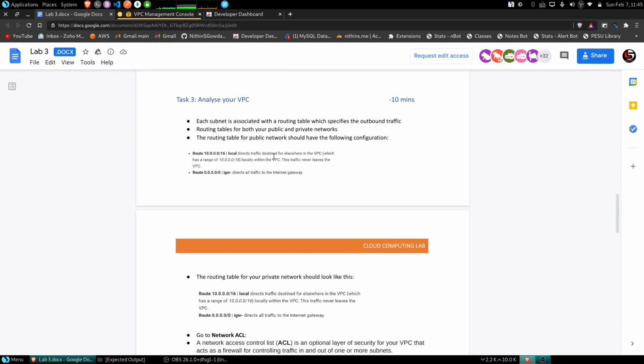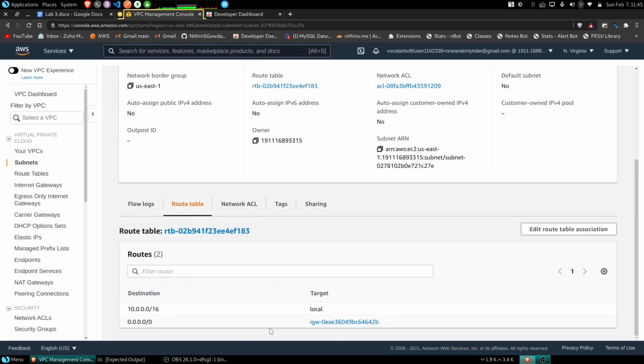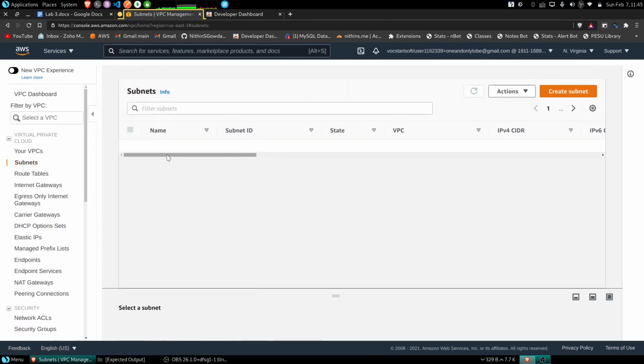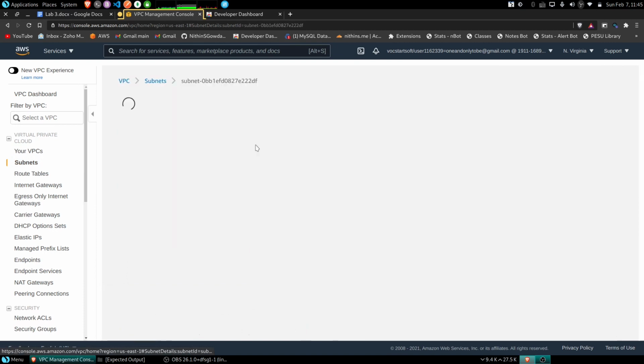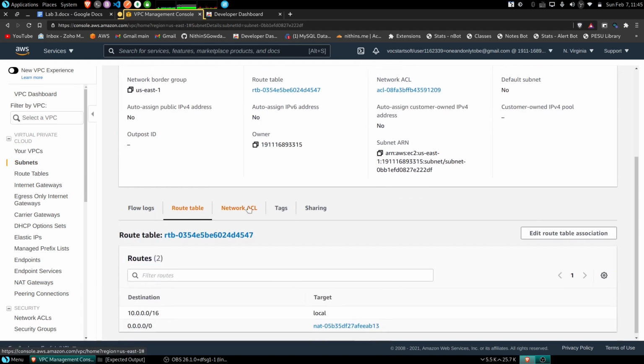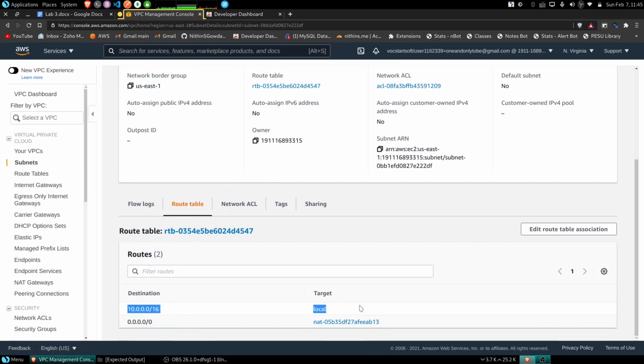This will be allotted by default, so no need to change anything here. Just make sure you verify that it's perfect as given. And let me verify the private subnet also. And even this is good as depicted.